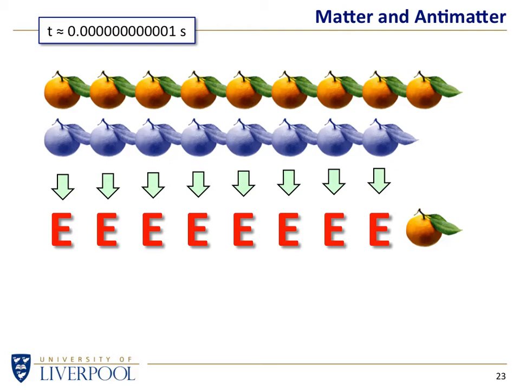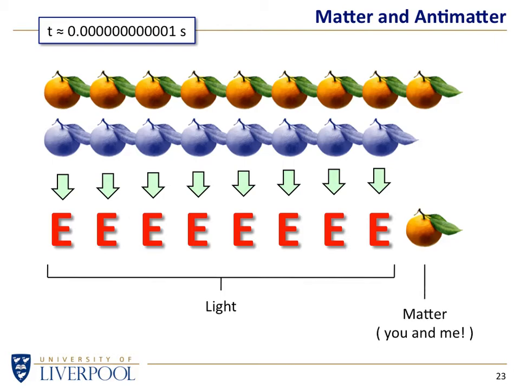999 million parts out of that billion have annihilated, and we're left with 1 part in a billion, and it's just as well because all of that energy is basically just light, and that tangerine left over is all the matter in the universe, i.e. you, me, the Earth, the solar system, the Milky Way, the Andromeda galaxy, every galaxy we can see. As far as we can tell, none of the galaxies out there are made of antimatter.